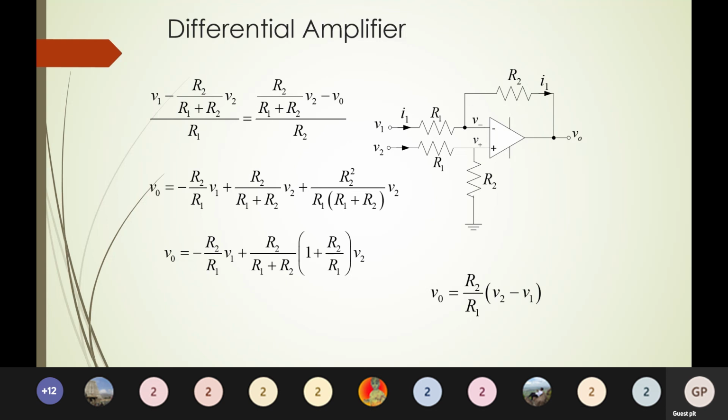So this acts as a differential amplifier. At the same time, if my resistor values are equal, that is, R2 equals R1, the gain terms cancel and your output expression will be V0 equals V2 minus V1. It is a subtractor: output is equal to the difference between the inputs. Otherwise, output is equal to the difference between the inputs times a gain, which is nothing but the differential amplifier. I hope you all understood this.